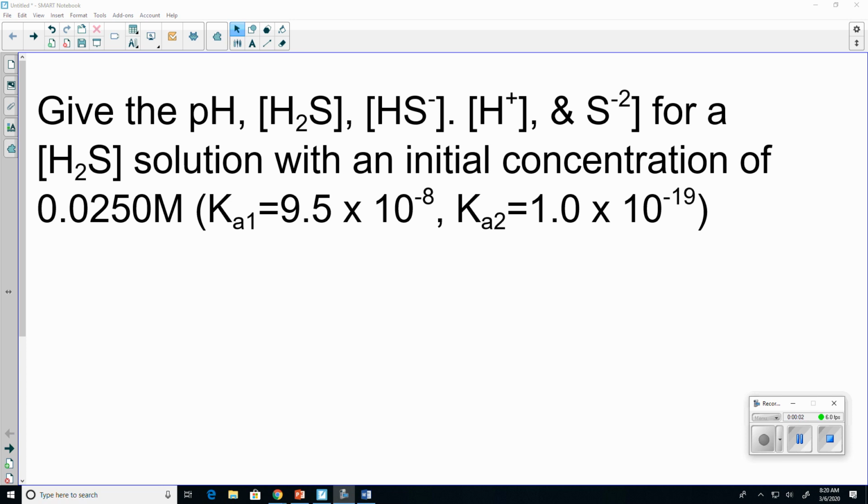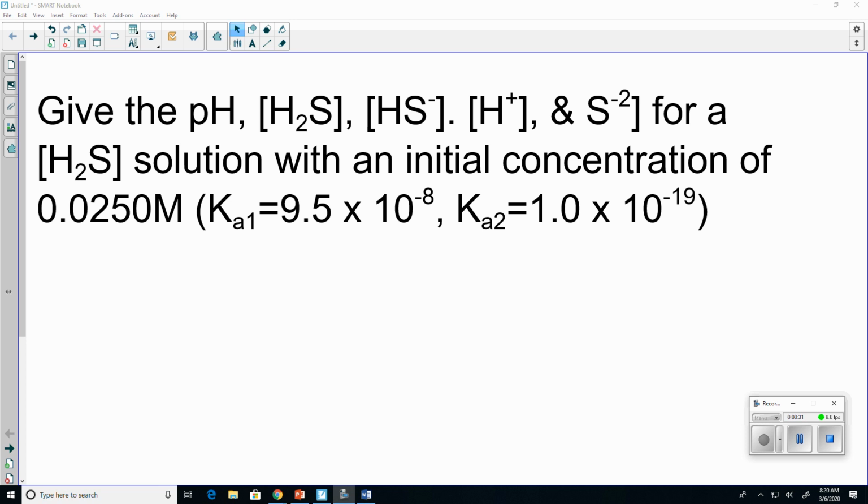Again, diprotic means 2 protons. Notice the formula is H2S. One of the giveaways here is that there's more than one K value. You're going to see that today in the packet that you're going to work on when I'm done with this problem. When you have more than one hydrogen that can be donated, the second hydrogen is always harder to donate